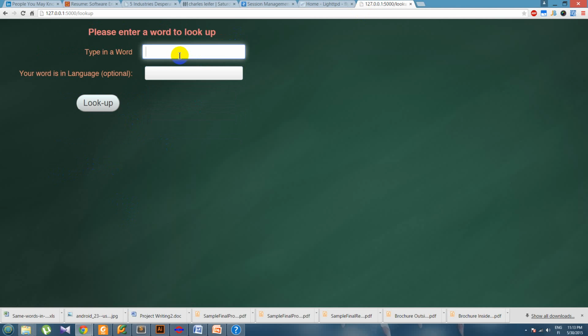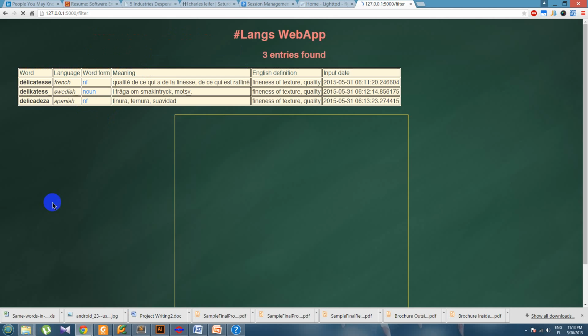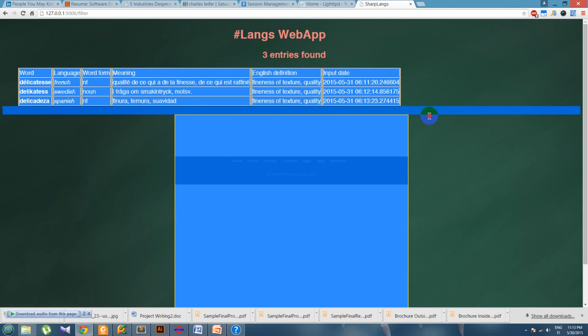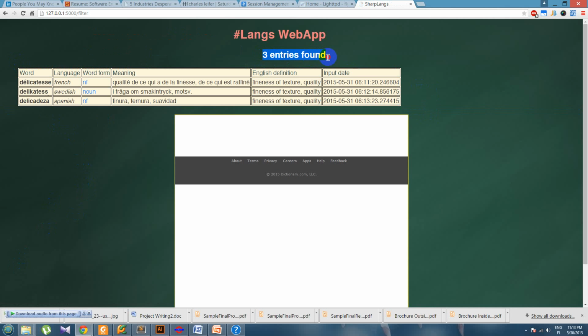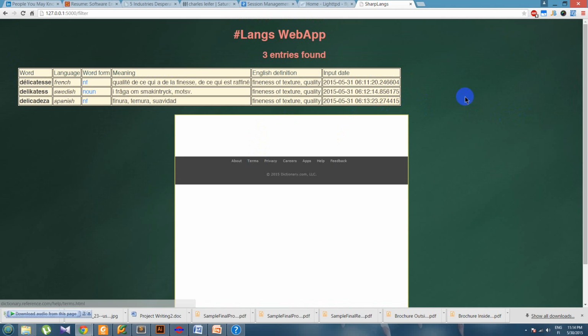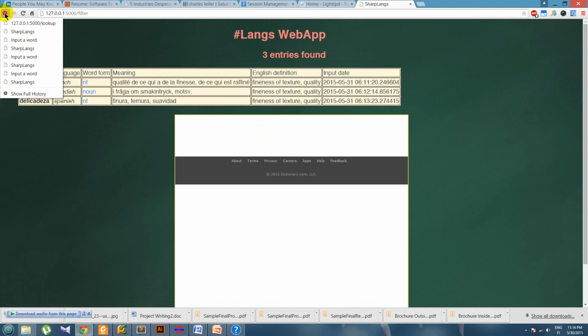Alright, so let's look for word. Let's say we choose this one. Let's say Swedish. Okay. Look up, and over here we have French word, Swedish word, and Spanish. So we have a query result with 3 entries and a table displaying everything of many languages that it's supposed to do. So well, let's go back